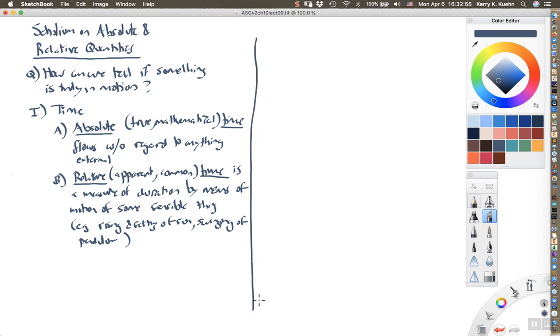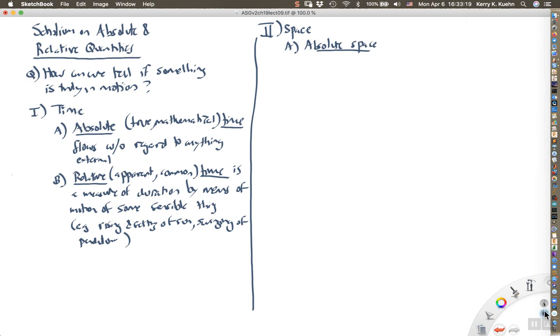Okay, that is Newton's concept of time. What about his concept of space? So let's go on to Newton's concept of space. Once again, Newton distinguishes between absolute space, which he says is unchanging and immovable,